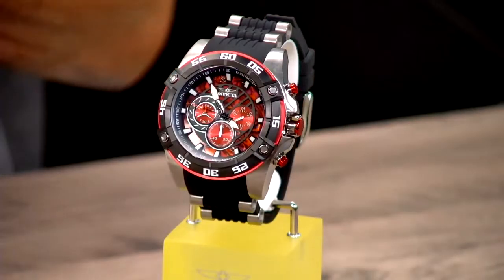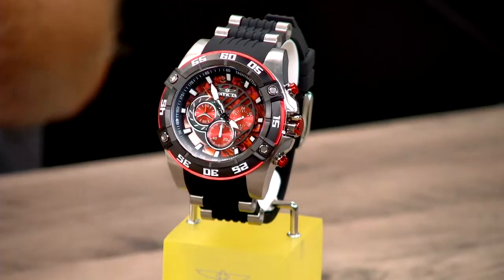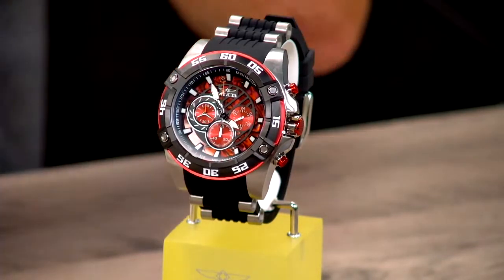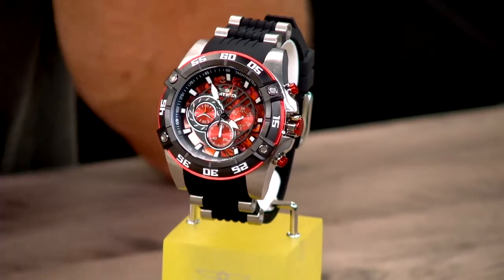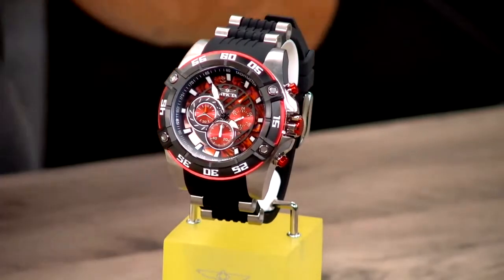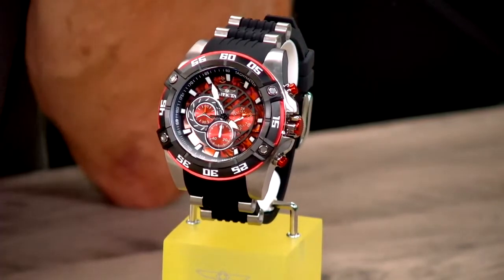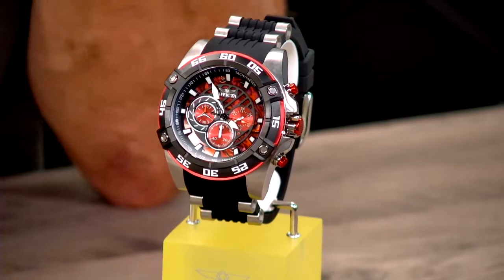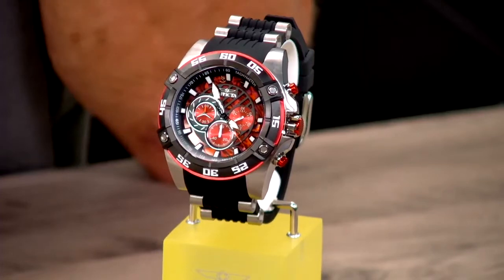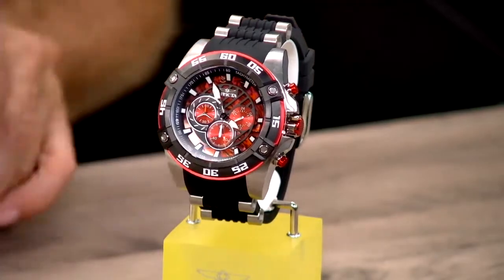Model number is 27252. A great watch, 52 millimeter casing, VD54 movement, especially made for us in Japan by Seiko Instruments. 100 meters water resistant, so a very solid and comfortable watch to wear. And pricing, absolutely, I couldn't believe it when I was preparing the show this morning. I saw the pricing, and I think it's absolutely a fantastic offer. 232 euros is the regular pricing for model number 27252. If you order this Speedway watch now, and again, small quantity available, you can start ordering now for 95